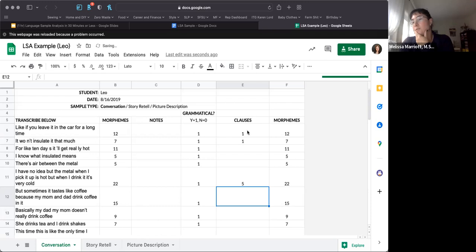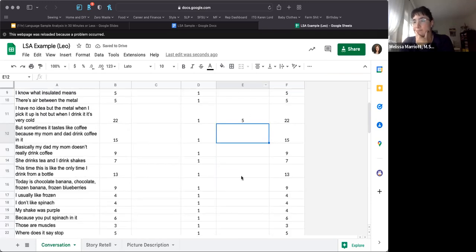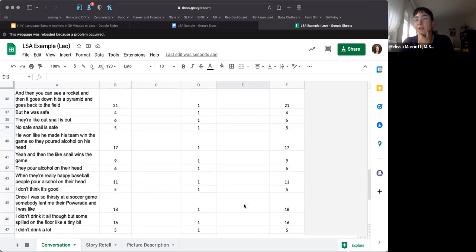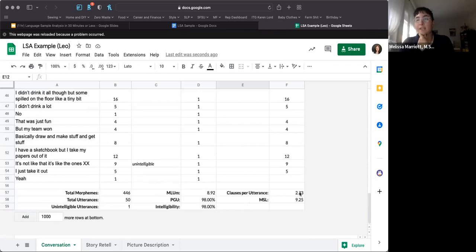So I'll just go down the whole row and count how many clauses. And then again, this average number of clauses per utterance will calculate. Easy peasy. Oh, I think I skipped over